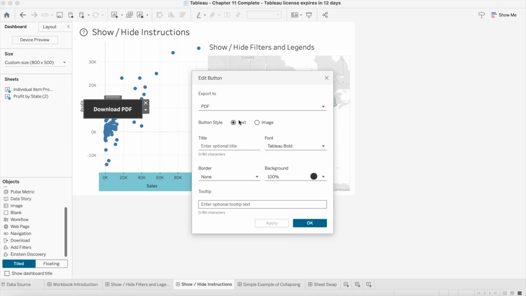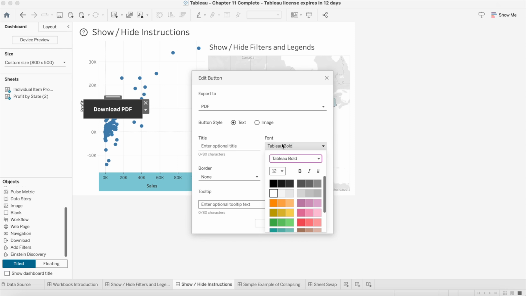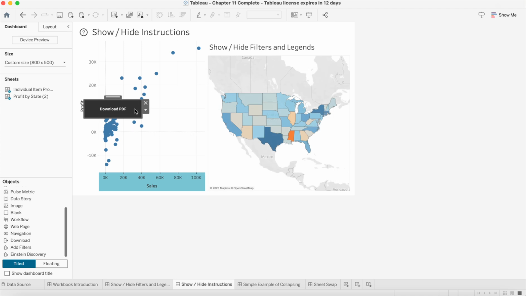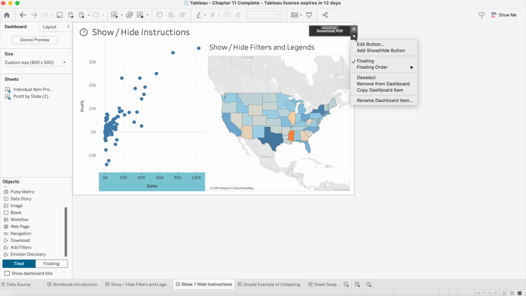And so then I can also adjust the button itself. Maybe I don't want it to have that big of font, and you can add borders, change the background. You can also add a tooltip for it. So click here to download PDF. Okay, and then I'm going to shrink my button down a little, and then I could put it over here at the top of my dashboard, and then my user can very easily download that PDF or PowerPoint or whatever